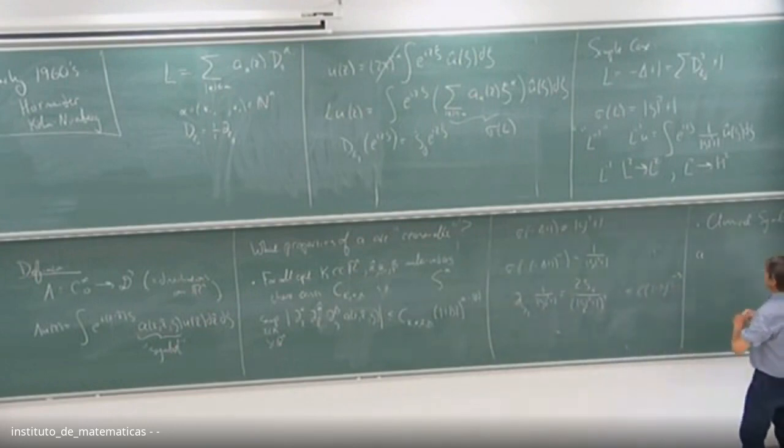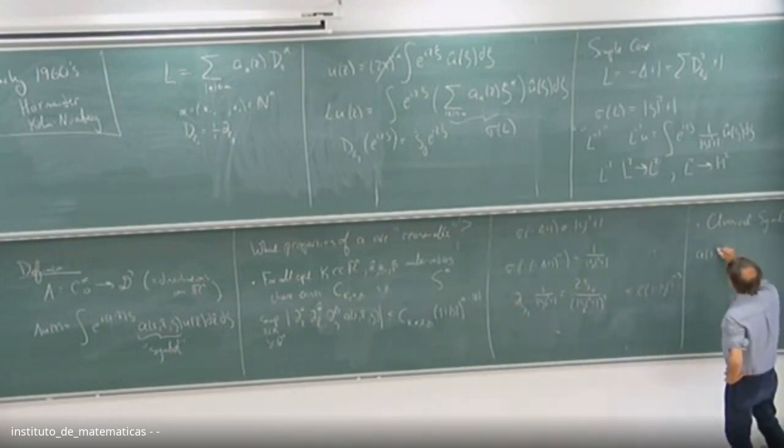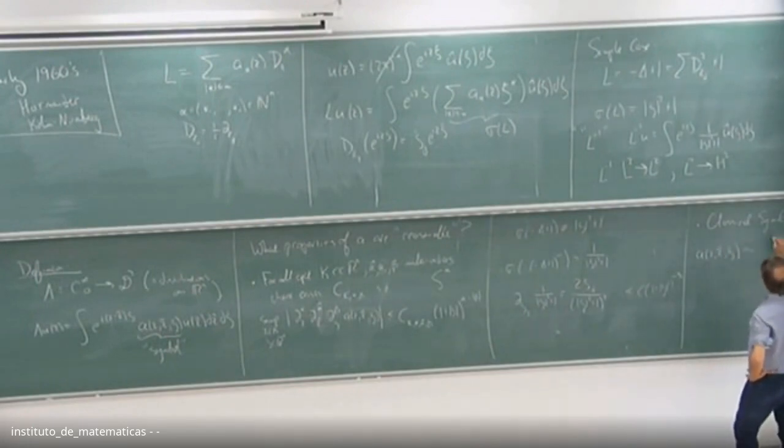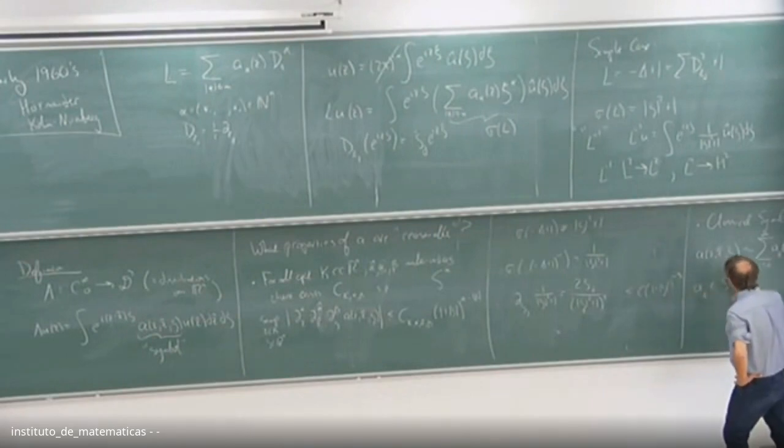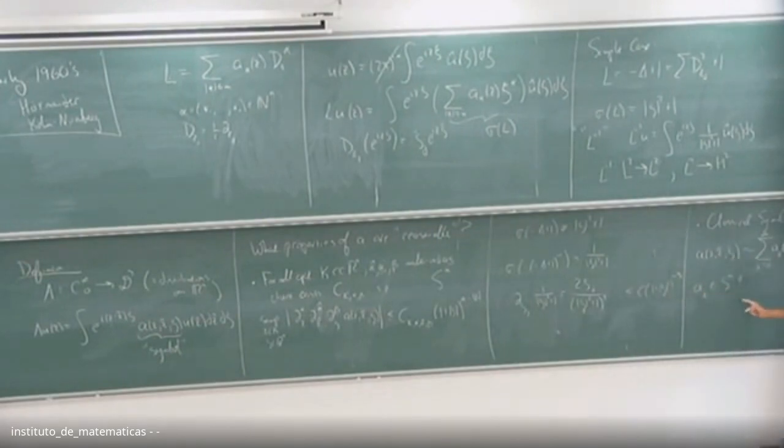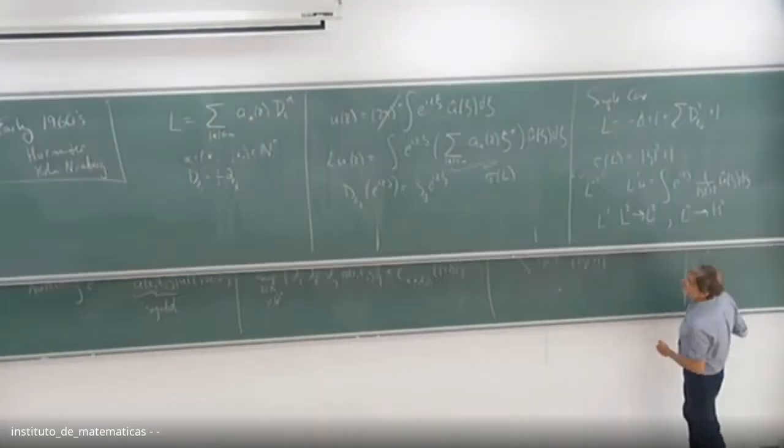Classical symbols require that A of z, z tilde, and zeta has an asymptotic expansion. Let me write this as the sum for j from 0 to infinity of A j of z, z tilde, and zeta, where these A j's are in S to the m minus j. So they decay faster and faster. The squiggle here is what's called an asymptotic sum, and I'll tell you the exact definition once. I'll be using this many, many times. It's exactly the sense in which a Taylor series represents a smooth function. It's not necessarily convergent, but it gives you an approximation, just like Taylor series do for smooth functions.